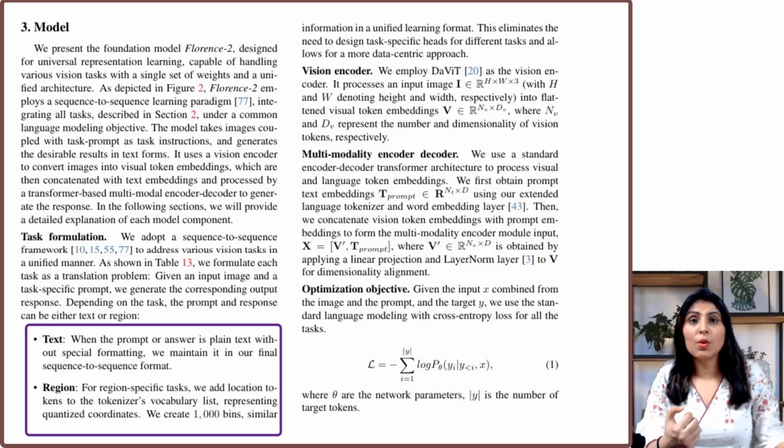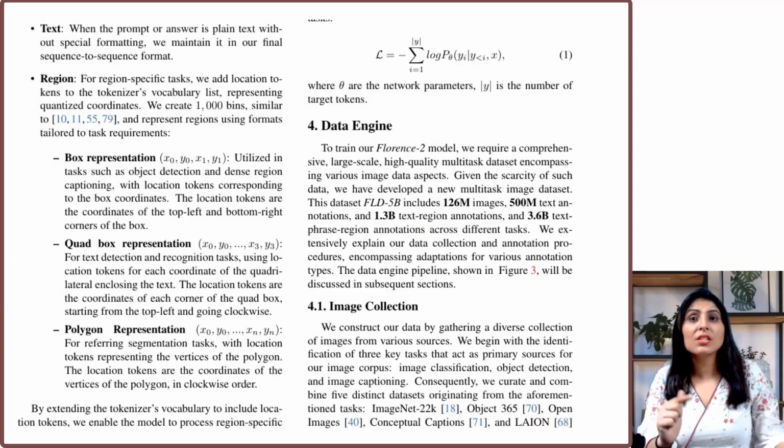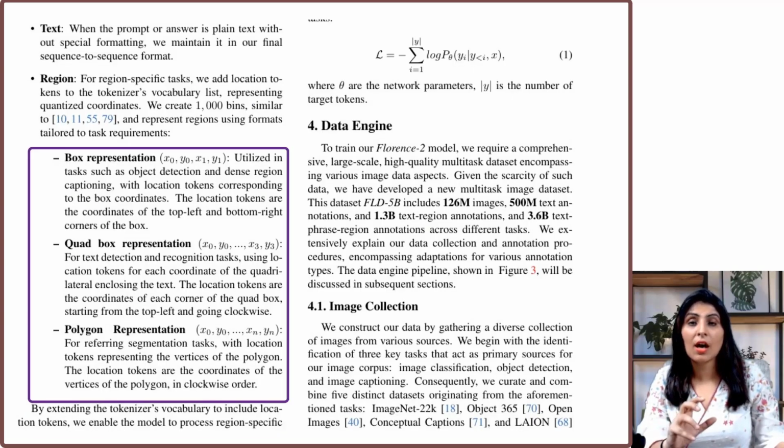So for example, if you are providing a simple text prompt, it will directly process it in the sequence to sequence format. But if you are providing image and text, so region specific tasks, like object detection and segmentation, right? For those tasks, Florence-2 uses location tokens. Location tokens are special tokens that are added to the model's vocabulary to handle the specific region within the